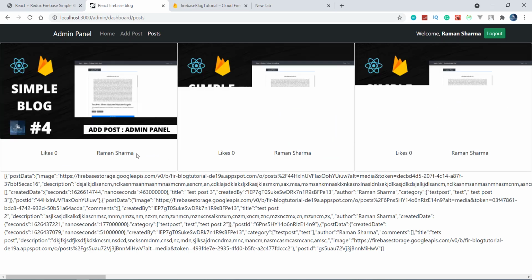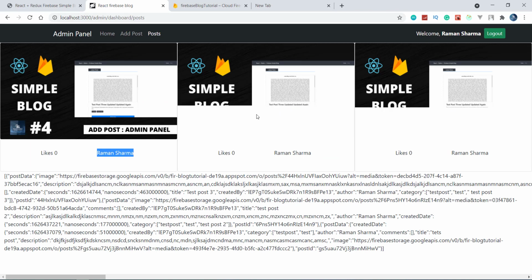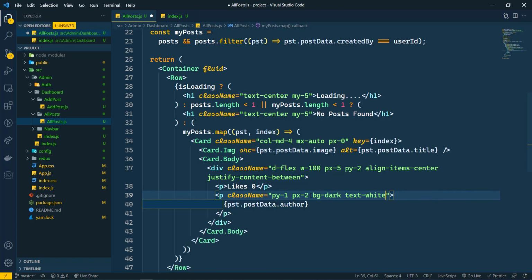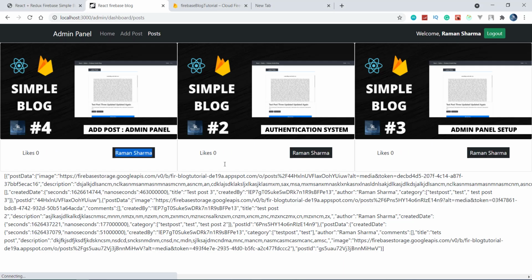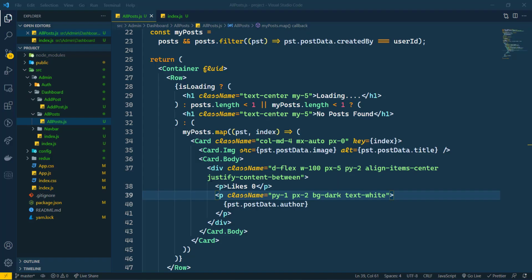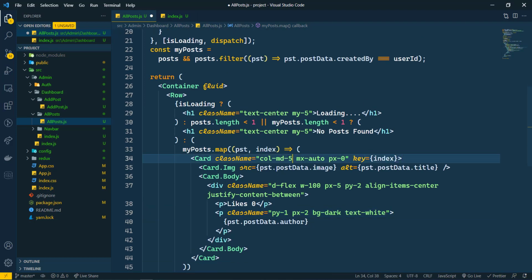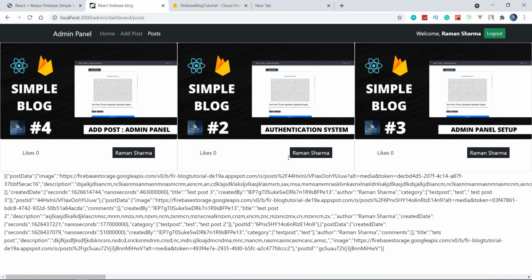So we are getting the posts and everything here. This needs to be around, and here I'm going to write bg-dark and text-white. Save this. Now we are getting a very good result. Now instead of col-md-4 I'm going to write col-md-5 here.